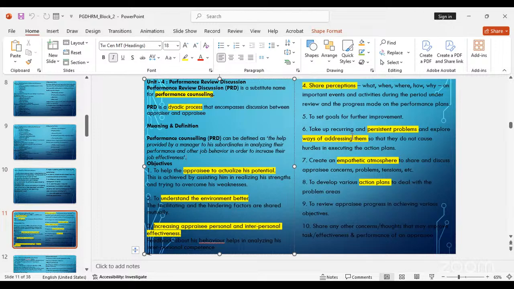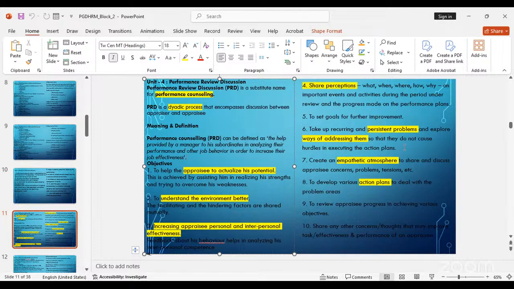But here, a plan has to be made to achieve all these things, and also to set goals for further improvement, to take up recurring and persistent problems, explore ways to address them, find the solution, and give